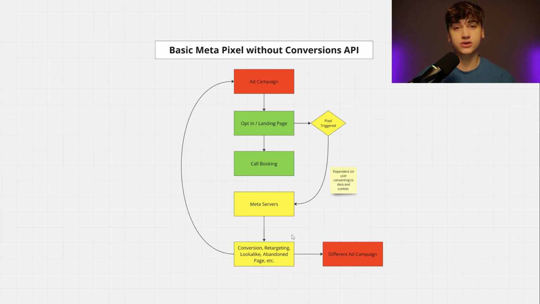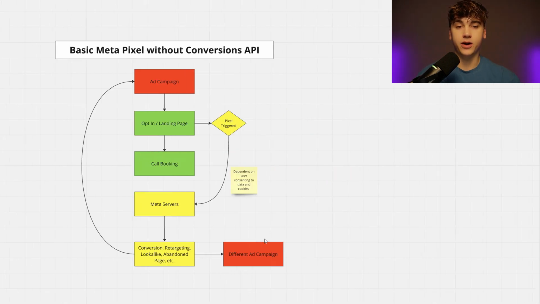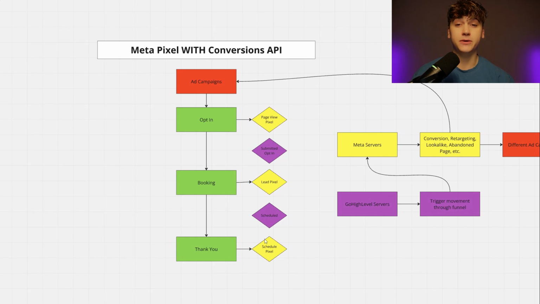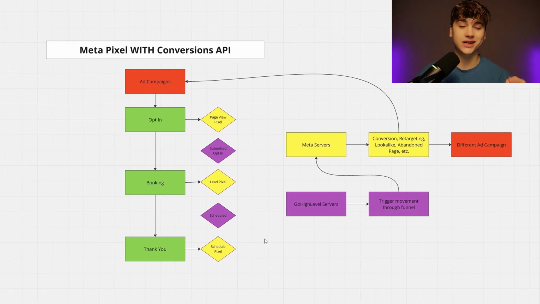Now, assuming a user has consented to cookies, this method of doing things is fine. But as I just discussed, a lot of users these days are not consenting to data. So as you can imagine, solely relying on just a single pixel onto Meta servers is no longer the most effective way of doing things. So what I'm going to show you guys now is a Metapixel with Conversions API tracking. I'm specifically going to show you guys how to link this through GoHighLevel as far as the landing page